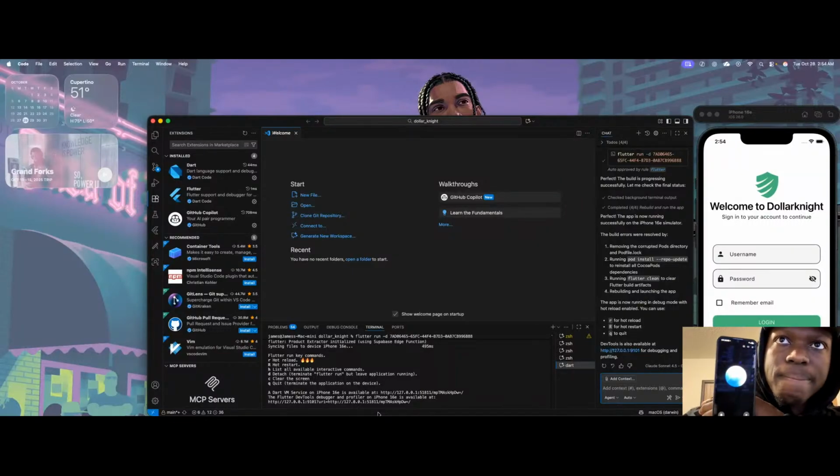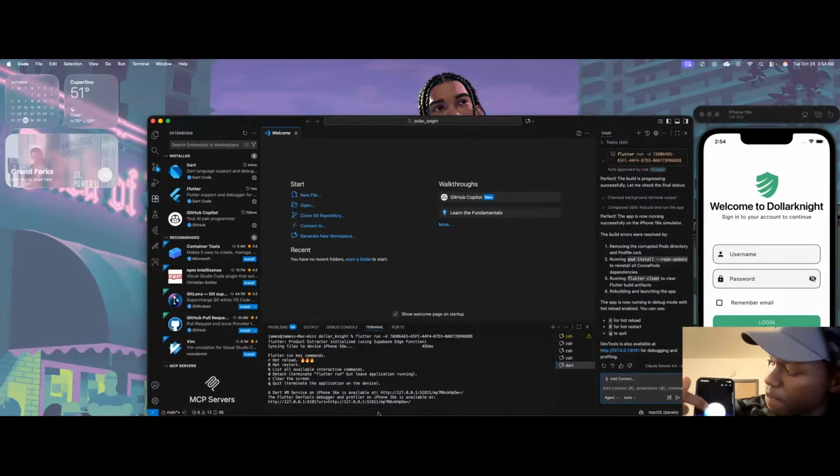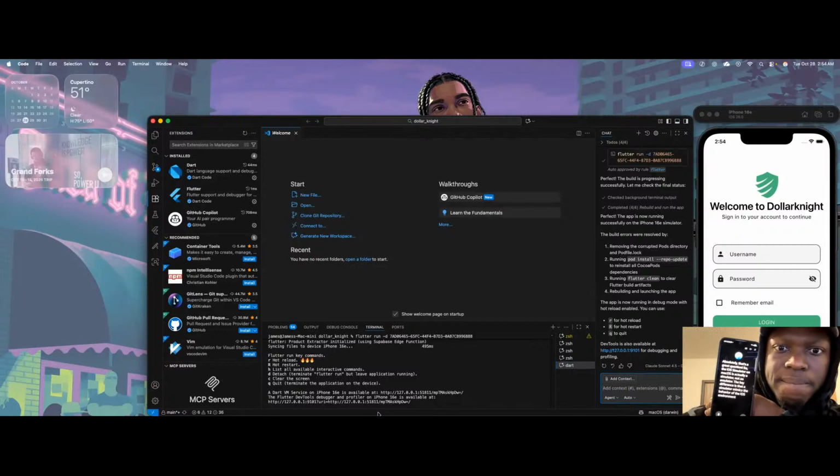Absolutely, that's a great question. So, the iOS simulator on macOS is actually a simulator, not an emulator. The key difference is that a simulator mimics the behavior of the iOS environment using the Mac's architecture. So, it doesn't run the actual iOS code on an ARM based processor. Instead, it uses the Mac's x86 architecture to run the code, which means it's not a one to one replication